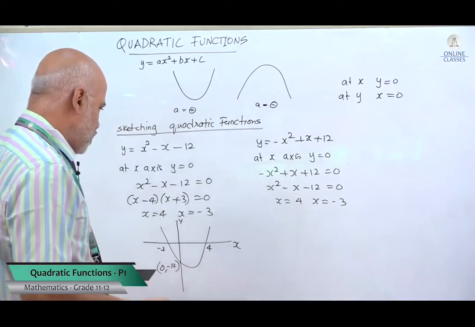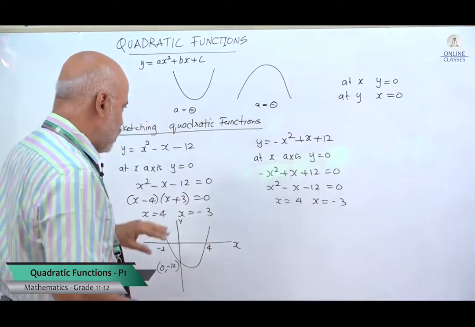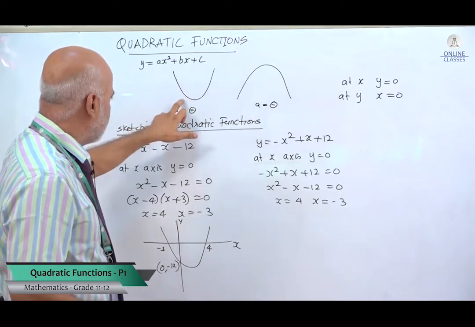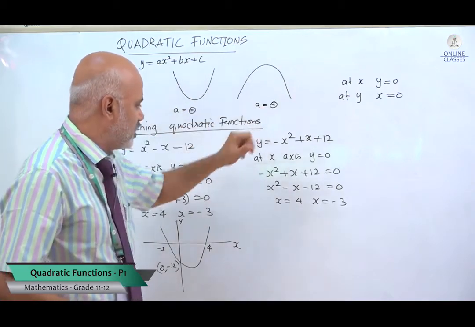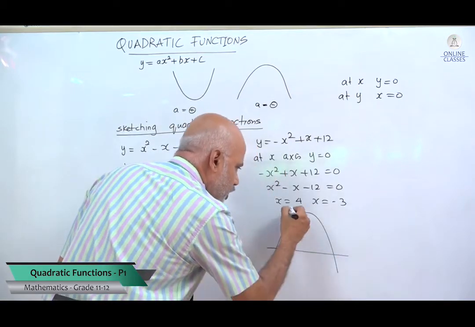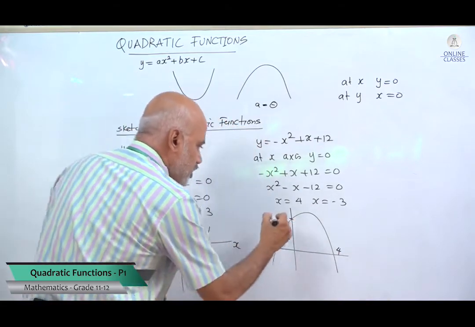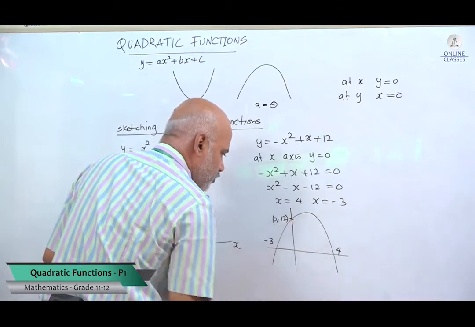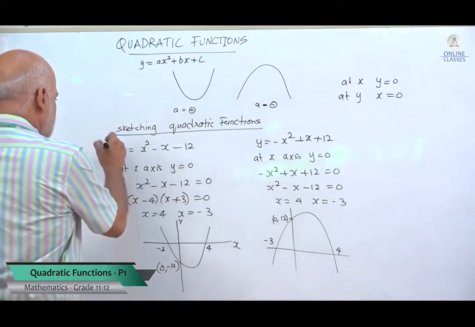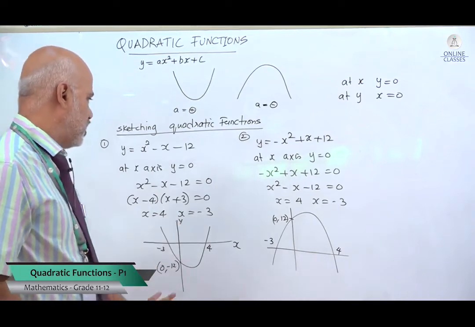So then, next, how do I sketch? I cannot sketch like this because the main graph is minus x square. As I told you, when a is positive, you get the graph like this. When a is negative, you get the graph like this. So what could I do here? The intersecting point with the y-axis is the same thing: you will get (0, 12). So that is it. The only difference is plus x square here, minus x square there. You can take this as question 1 and question 2. So these are the first two simple examples I have done.